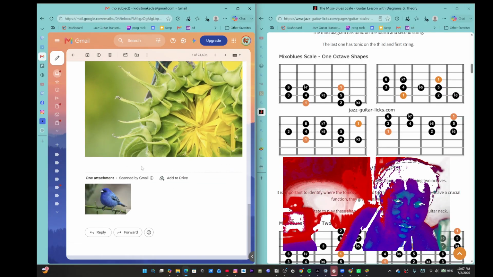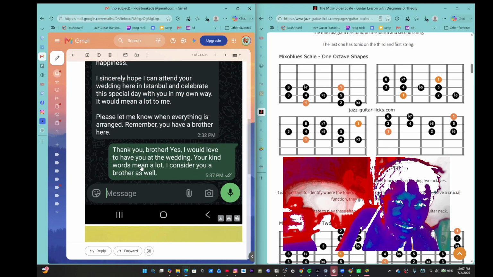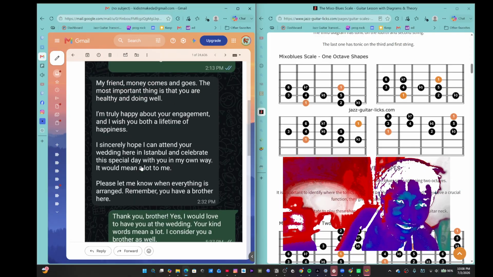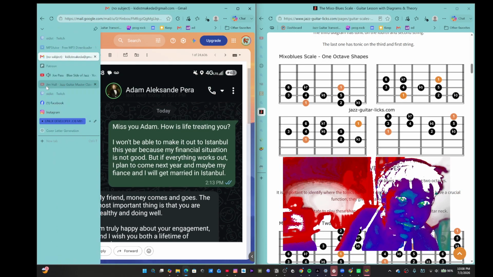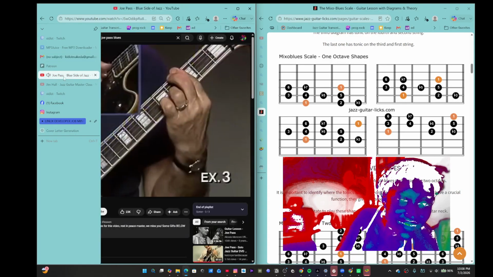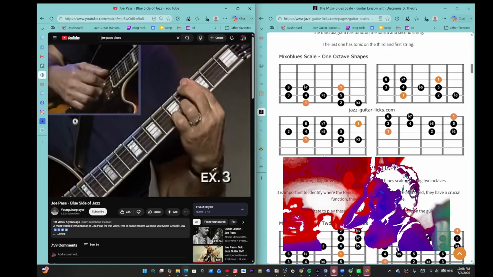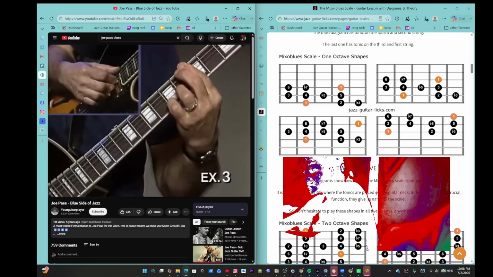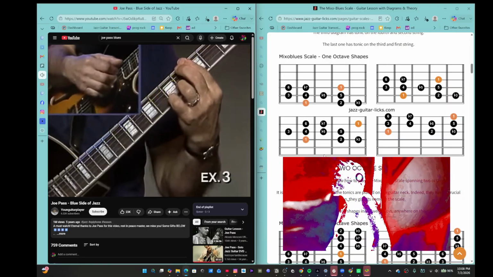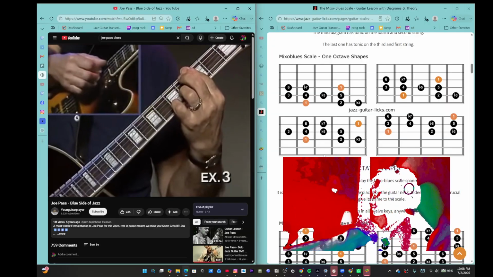The worst G7 sus. Now I'm going to do a different turnaround, so instead of doing this turnaround, which is basically